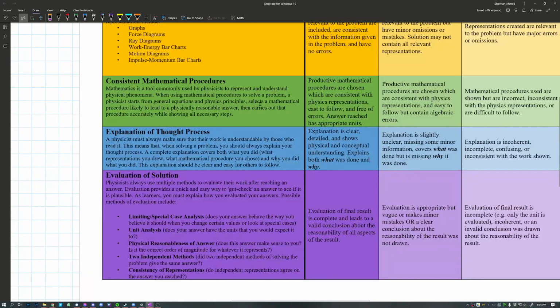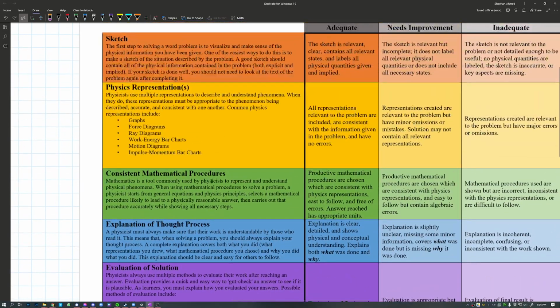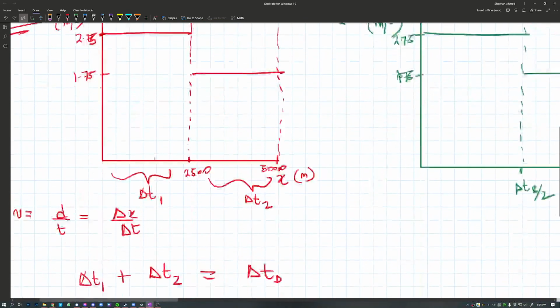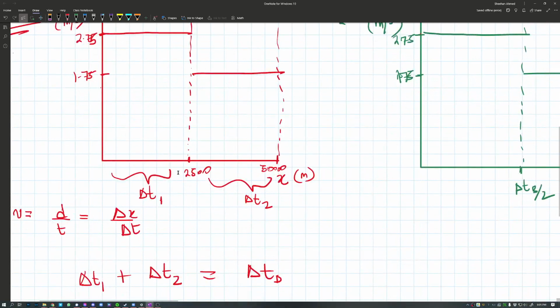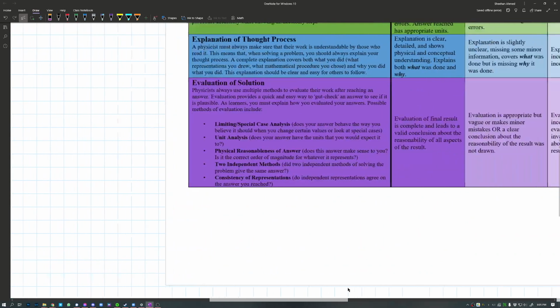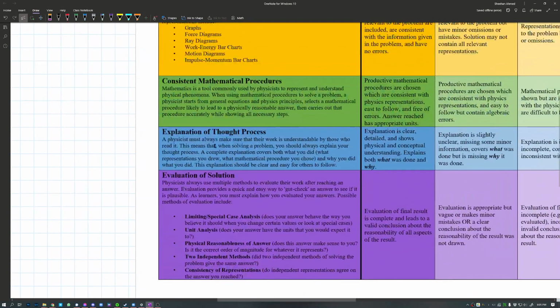And then we select a procedure that's likely to lead to a reasonable answer, and then we carry out that procedure. But while we do this mathematical procedure, and another important thing, the mathematical procedure should be consistent with our physics representations. Notice how I am not just doing the math out of nowhere, right? Part of my math is showing up in my physics representation. They should be related and consistent with each other. But another important thing,